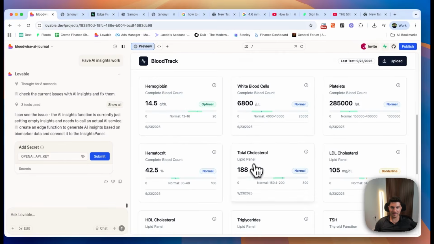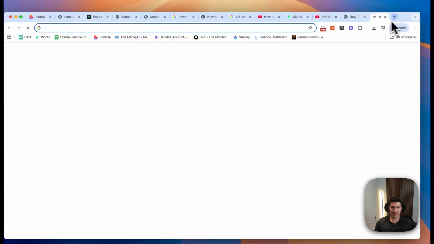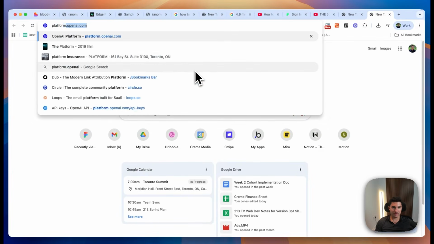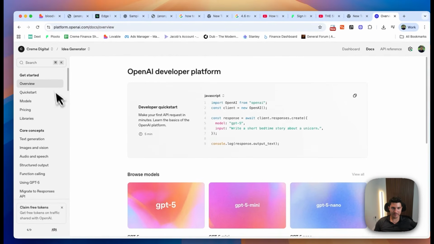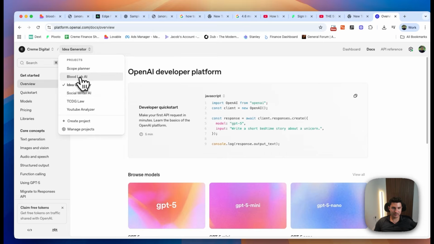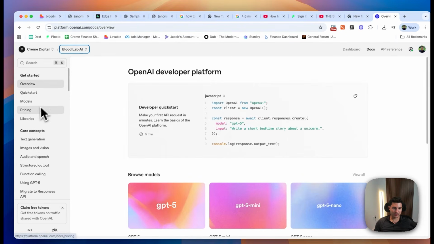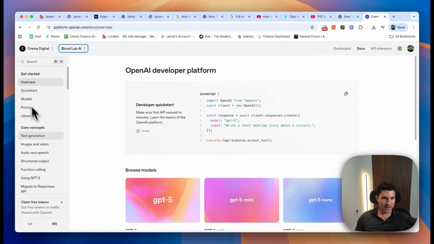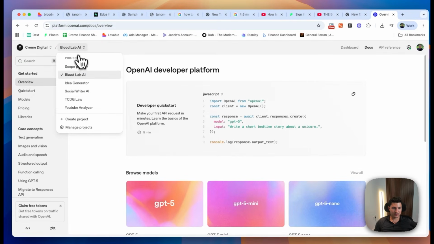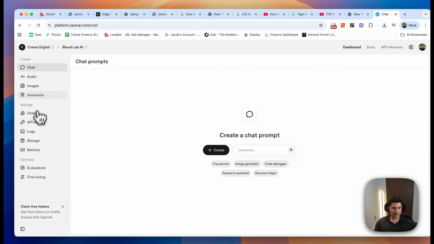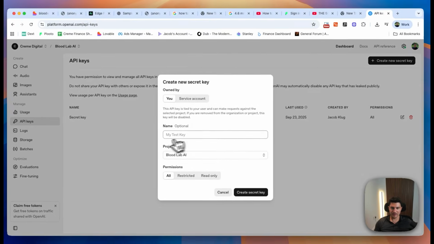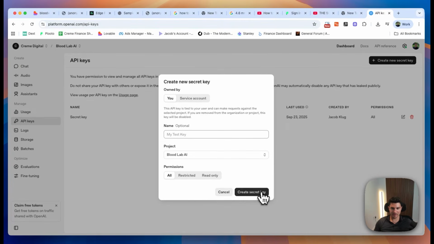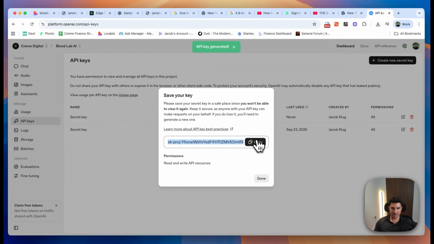We have our data here. Now we want to actually have it pull in data. So what I'm going to do is go to platform.openai.com, and go to this blood lab project that I've created here, go to dashboard, and we're going to go to API keys, and I'm going to create a new key. We'll call this, actually I don't need to call anything, and we'll click save, and we'll copy